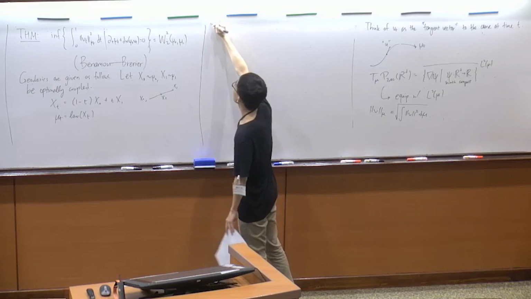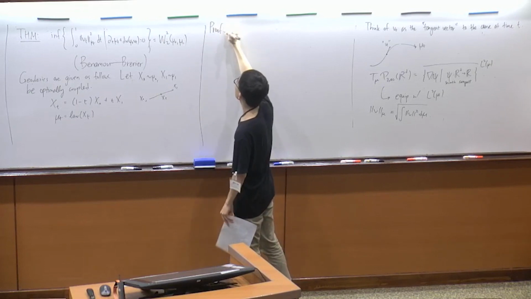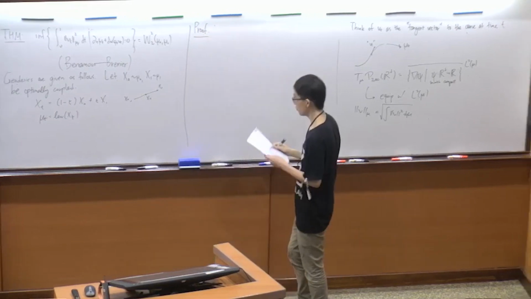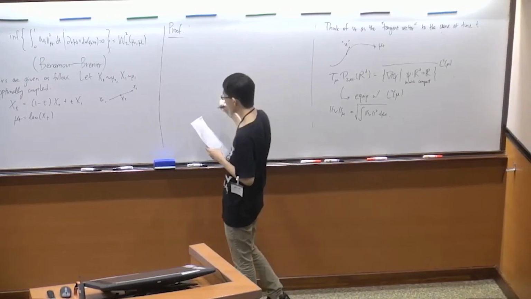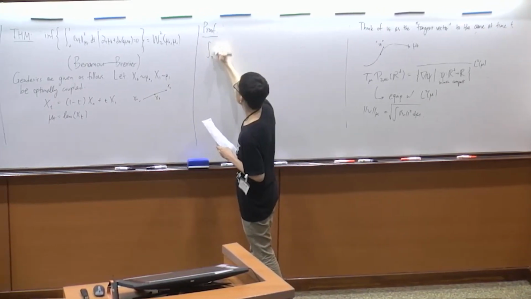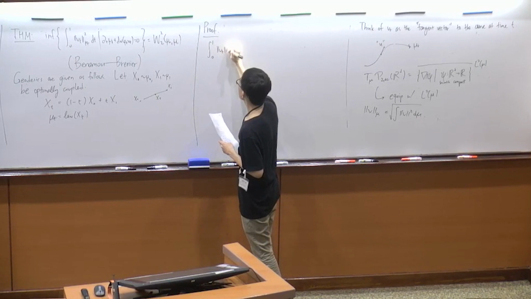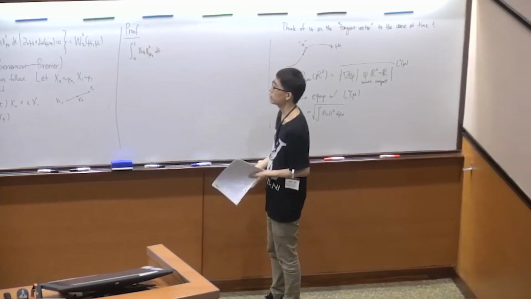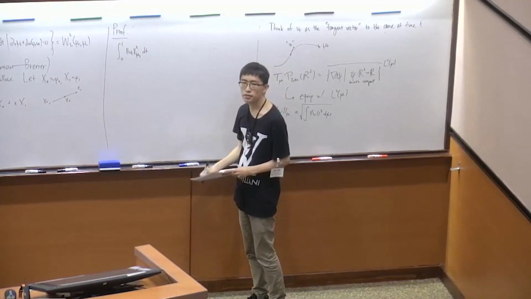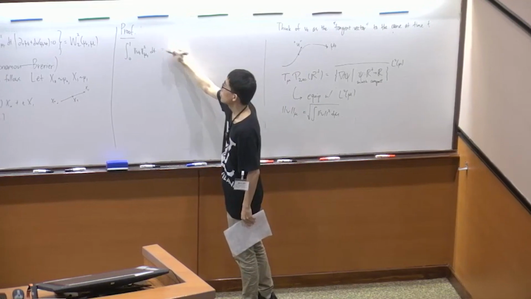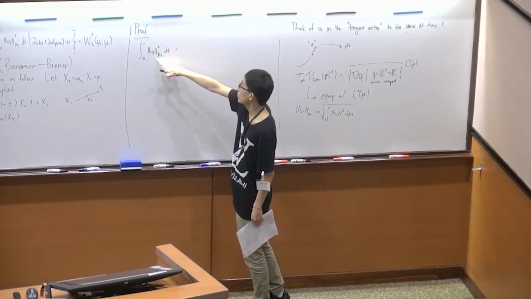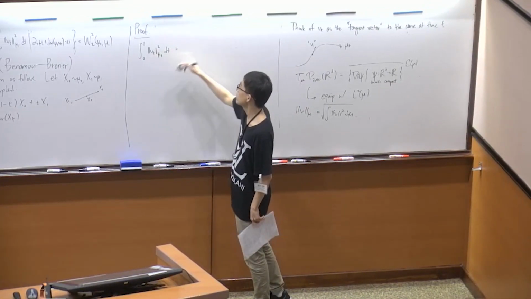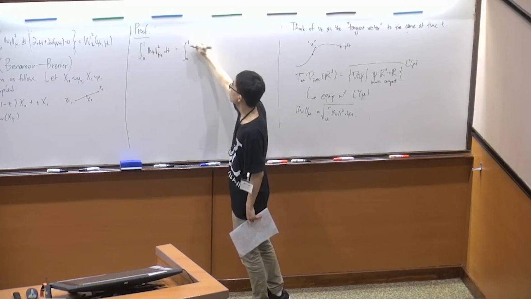Okay, so let's try to sketch the proof of this, and it's really not so bad. Let me just start with my objective function in this variational problem that I'm trying to minimize. Now, remember, this squared norm of Vt under mu t, if I think back to what this is saying